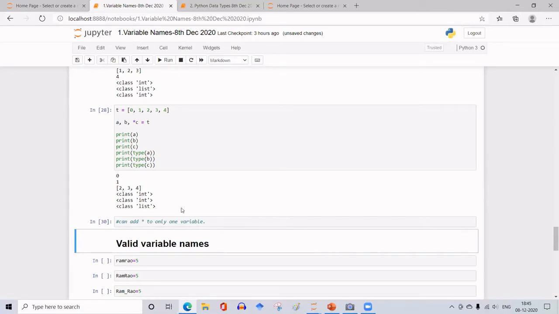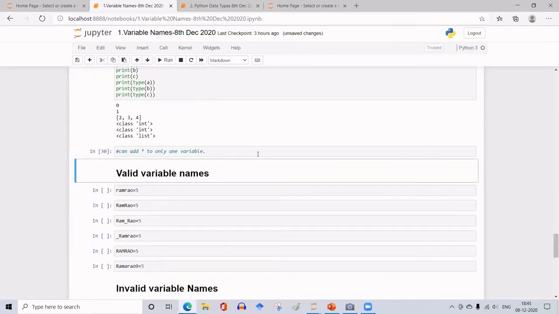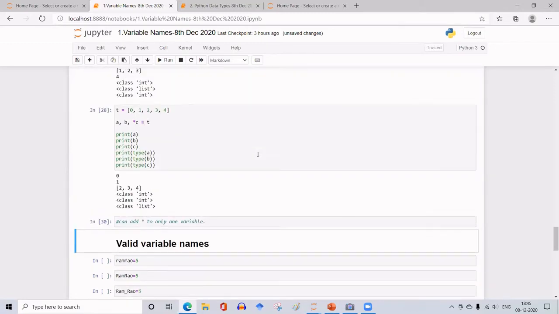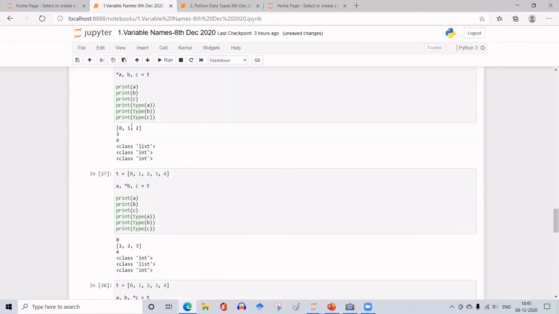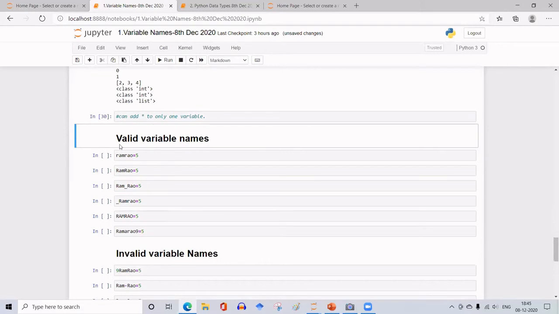Okay, so that is about variable names and how you should form proper, valid variable names. And these things are about what to do if there is more data than variable names, and how to assign them to the variable names given. Some valid variable names I have listed here. For example, ramarao with all letters in small case, assigned the data 5.